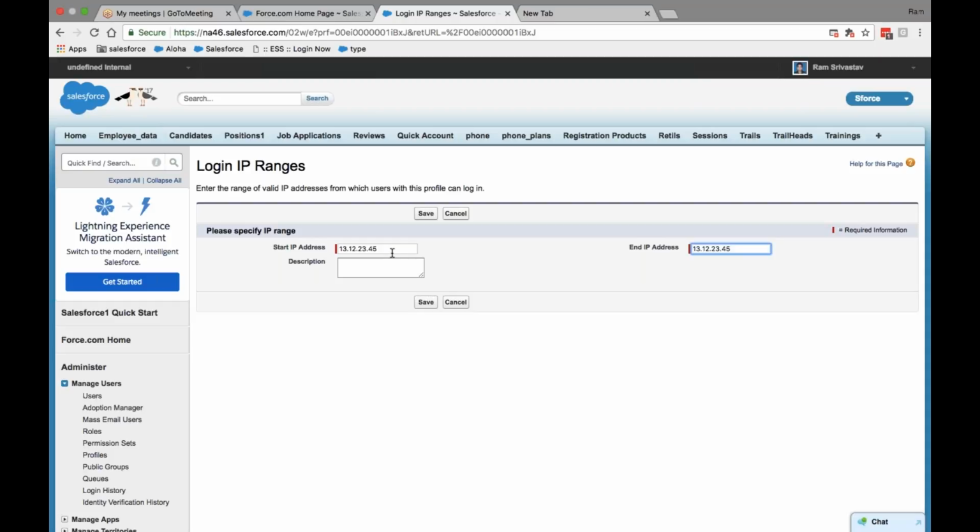And if they have the first three parts as common, but the range is from 45 to 90, you can just make the end 90. You don't need to write every time 45, 46, 47, 48. That applies if they have all four as the same, and here if they have a range, you can define the range. Now if we define this, for example,